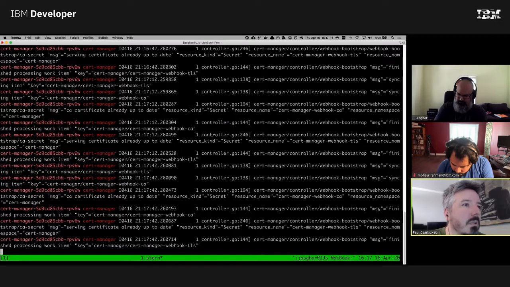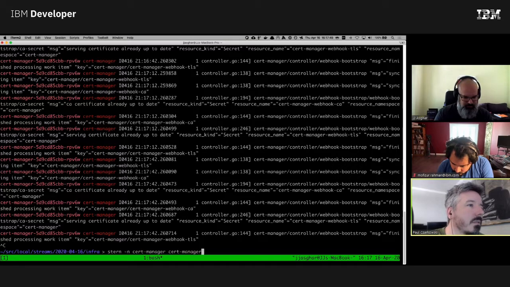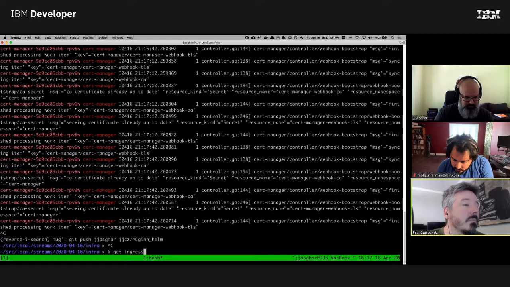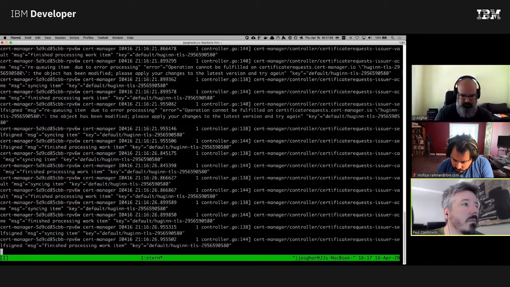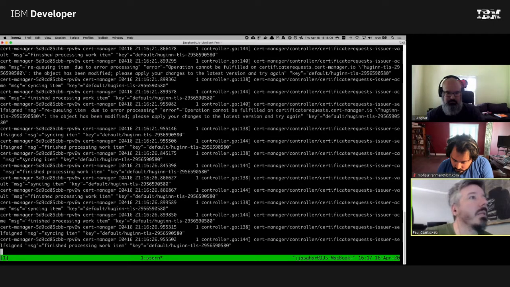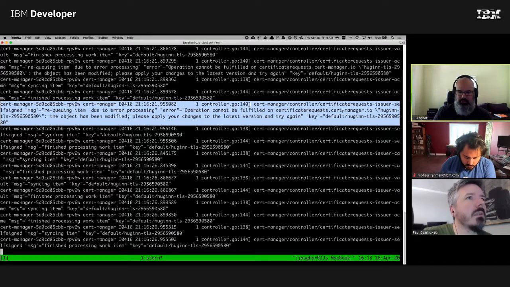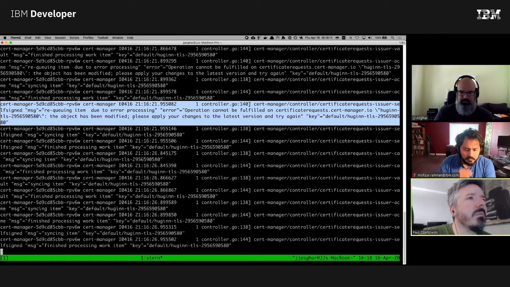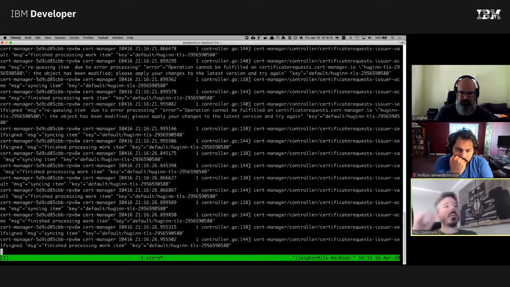All right, run that again with a grep for Hugen. There we go. Operation cannot be fulfilled on certificate requests, the object has been modified. On certificate requests. Okay, so here's what we should do: go to